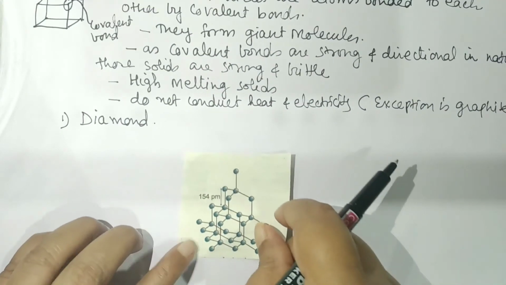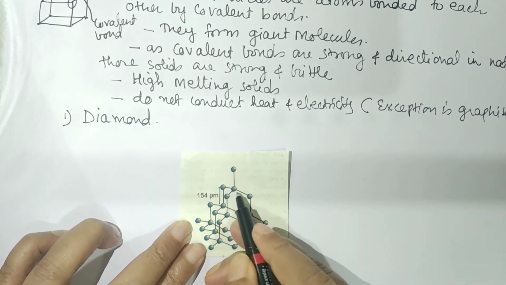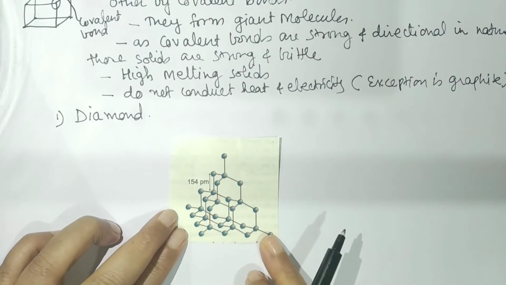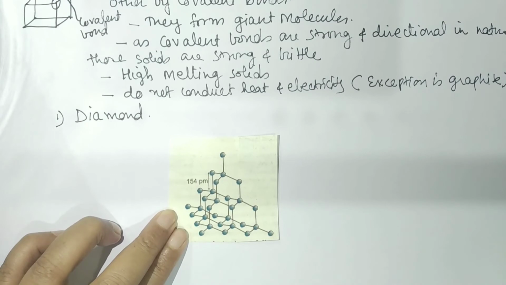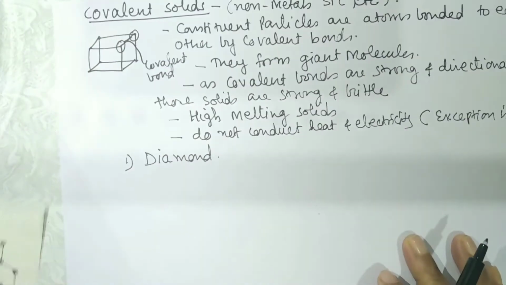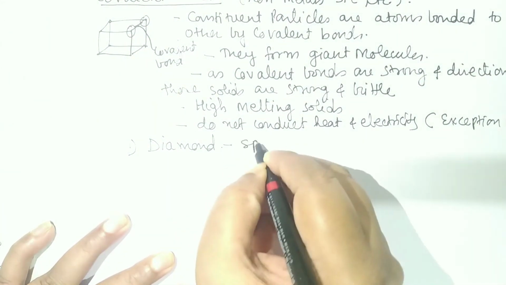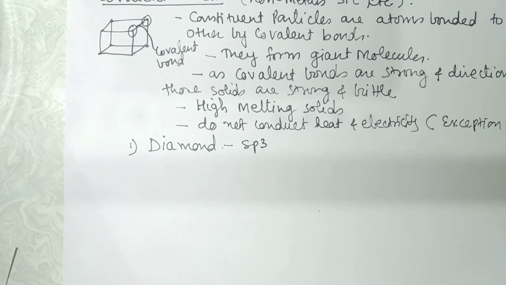So let us see the structure of diamond here. If you can see, the carbon atoms are bonded covalently to each other, and this is a giant structure which it forms with the bond length here of 154 picometer. So it is an allotrope of carbon. It is usually used in jewelry and it is the most precious crystal. Covalent bonds seen here between carbon and carbon are sp3 hybridized carbon atoms, and this continues in all the directions, thus forming a giant network.